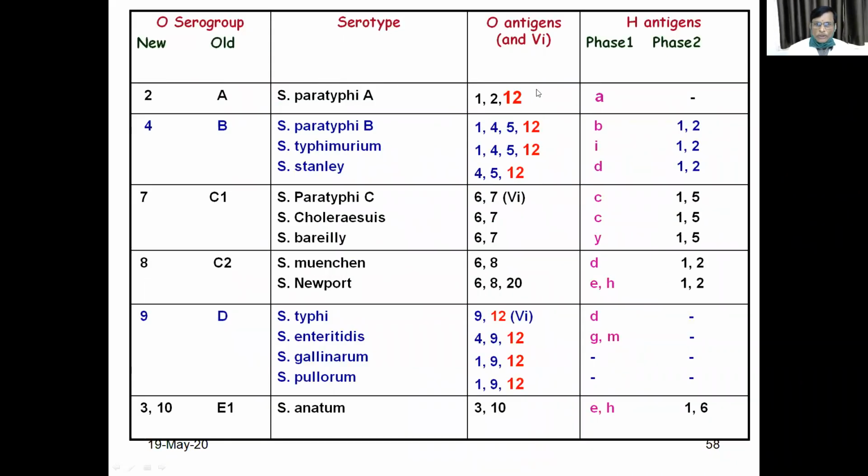Before going to lab diagnosis, you have to go back to the Kaufman-White scheme, which forms the basis for the Widal test. Here we are going to detect two antigens of Salmonella typhi and paratyphi for the diagnosis of enteric fever. In the O antigen, the commonest thing is 12. Here paratyphi A 12, B 12, and S typhi 12. Whereas C is not important, it causes only